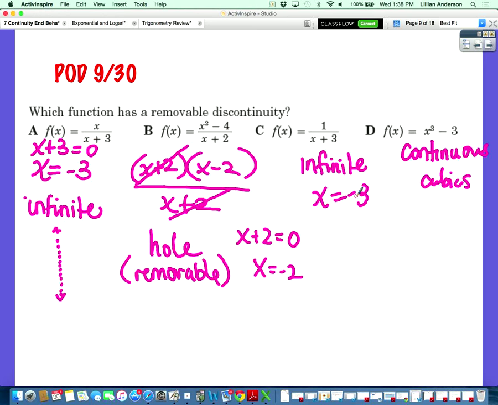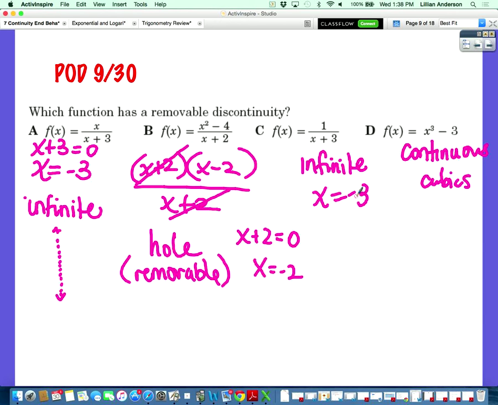Are you always setting, like, if it's in a fraction, are you always setting it to 0? Yes, but you would do that if it could not be simplified, like in B. Okay, you see how B we were able to simplify? So we didn't have to worry about setting the denominator equal to 0. However, if we simplify and we still have a variable in the denominator, then we would set that. Okay? Yes? So they cancel, it's always whole, meaning